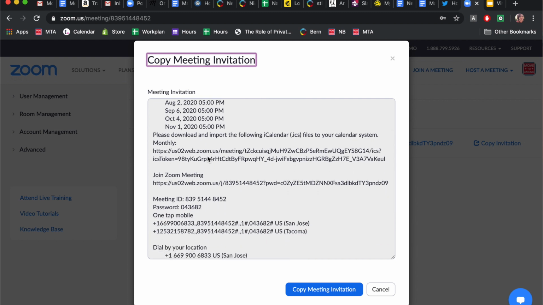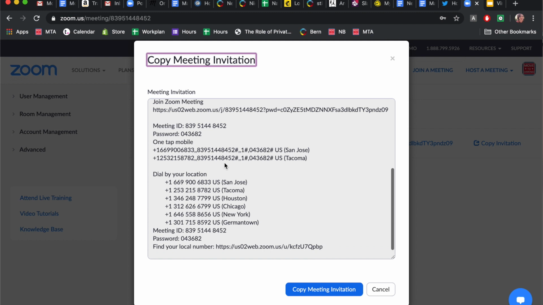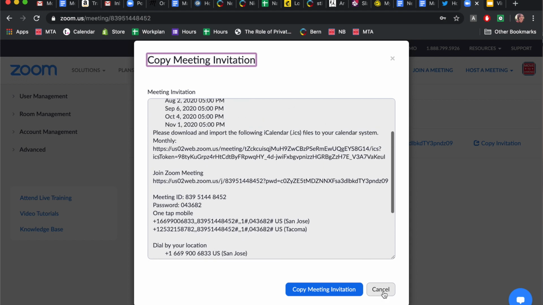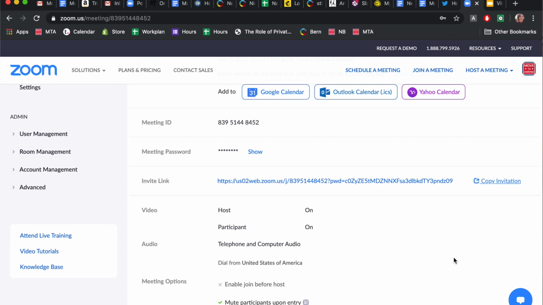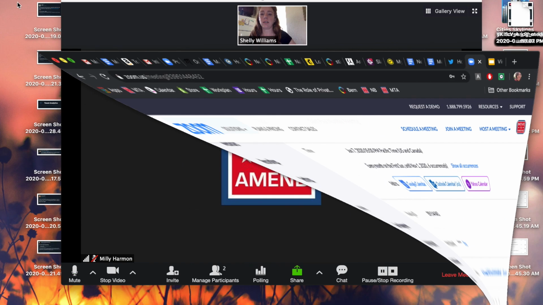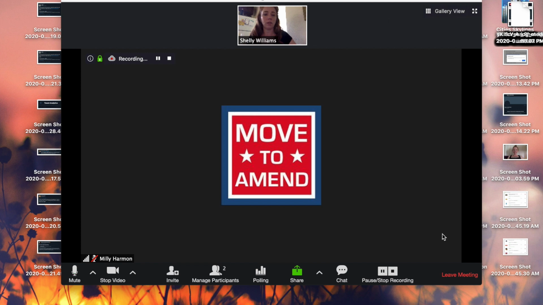You can download this to add it to your iCalendar. And then this is the link right here to join it. And then there are also these telephone numbers. Again, only a feature with the paid accounts. But this is what that looks like, an invitation with a paid account. So that is that. And what I'm going to do is minimize this and come back into